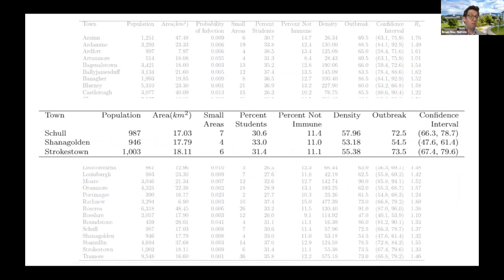I'll just highlight a couple of rows showing, I think, the advantage of this high level of virtual fidelity that we have in these models, where we have these 3 Irish towns, Scoil, Shanagolden, and Strokestown. And at a basic level, they're quite similar. So about the same populations, about the same sizes. But in the agent-based model that we use, we end up with quite different results in terms of the simple